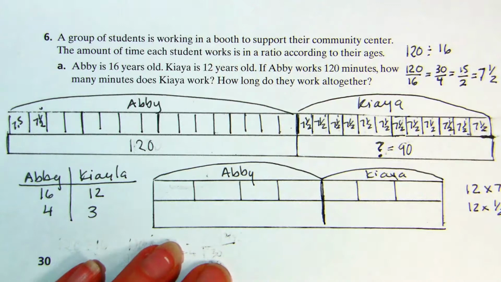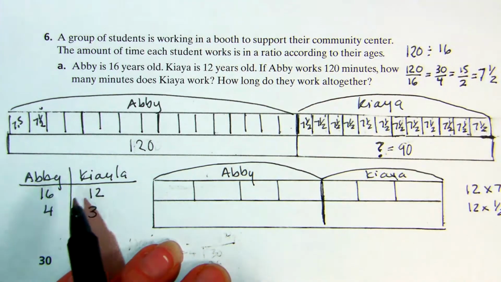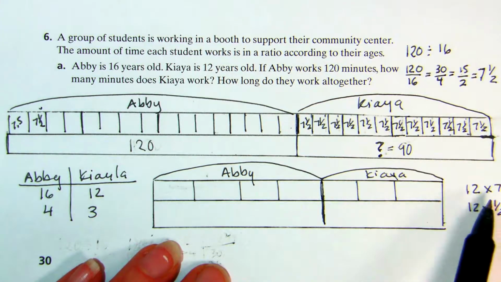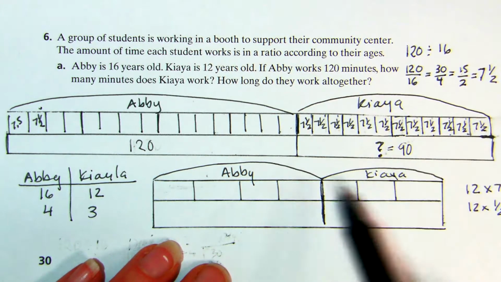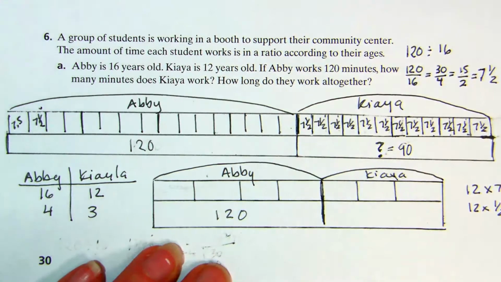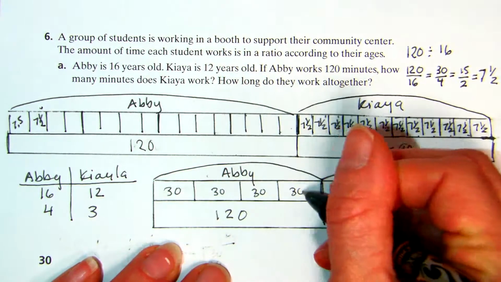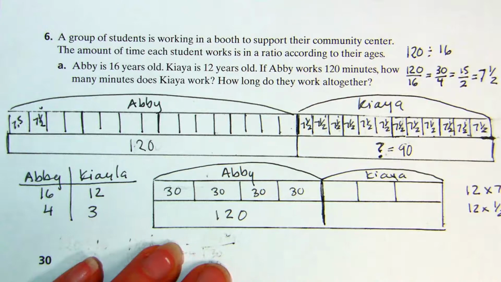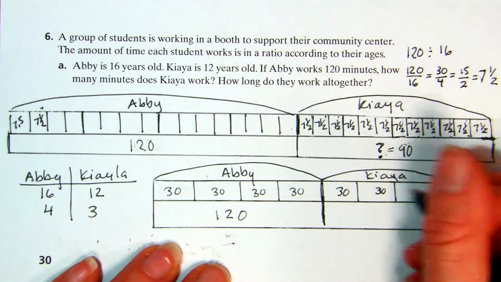So if Abby is 16 and Kiaya is 12, then I can reduce 16 to 12 to 4 to 3, and I can draw a new tape diagram where instead of having 16 boxes and 12 boxes, I have 4 and 3. This is still 120 minutes, but now I have 120 minutes split into 4 groups, and that's much easier. 30, 30, 30, 30, right? And then I know Kiaya has just got 3 of those boxes, 30, 30, 30, and I know Kiaya is